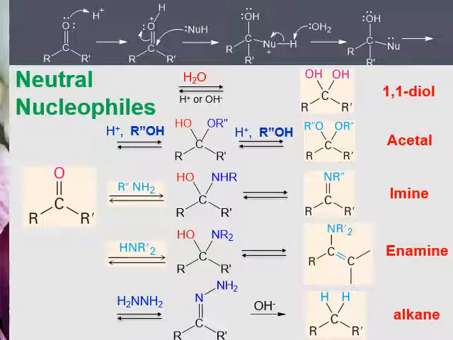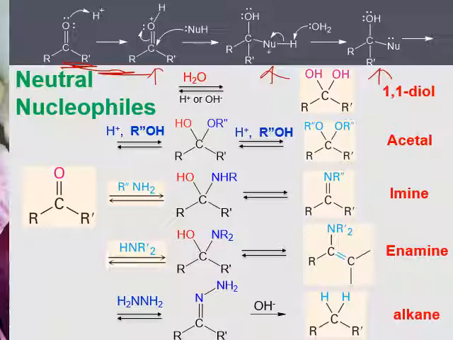In summary, when ketones or aldehydes are treated with neutral nucleophiles, the reaction mechanisms have many more steps than with negatively charged nucleophiles. The reactions require acid as a catalyst. The first step always protonates the ketone or aldehyde. The protonated ketone or aldehyde then undergoes nucleophilic addition, followed by deprotonation, giving an intermediate, and the intermediate may undergo more protonation, deprotonation, or a second nucleophilic addition. More steps